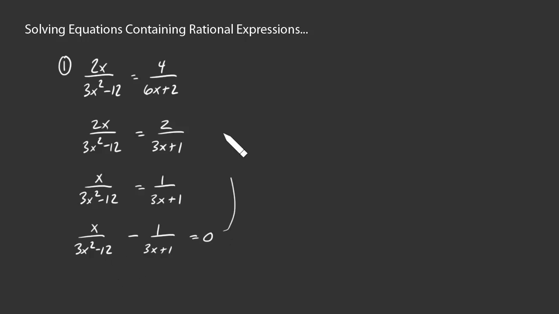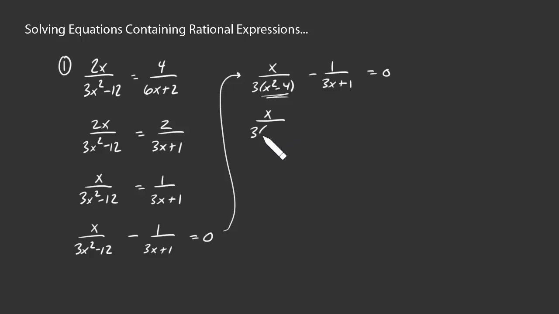That, of course, requires that you factor. So this is going to be x over, we can pull a 3 out. That leaves x squared minus 4. Here, there's not much we can do with 3x plus 1. Is this completely factored? Well, no. There's a difference of squares right there. So this is x over 3 times x plus 2 times x minus 2 minus 1 over 3x plus 1